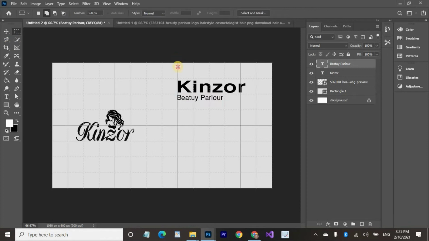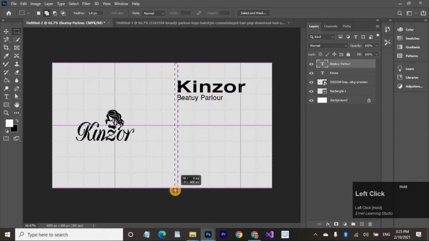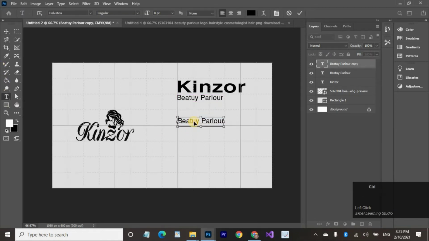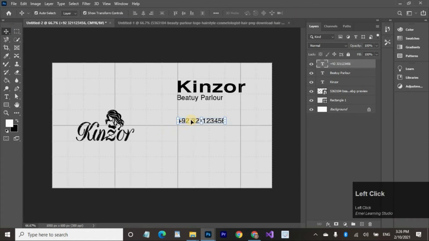You should keep in mind that it is aligned straight. Now press Alt and take a copy of it for contact details. Okay. Change the text. Okay. And take more copies.